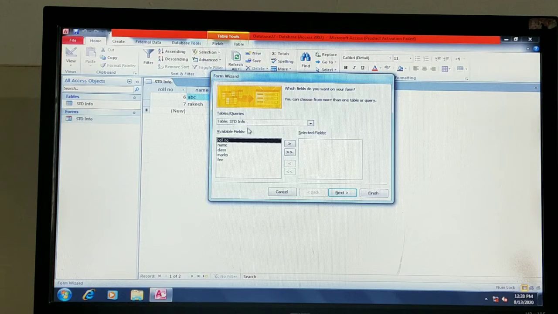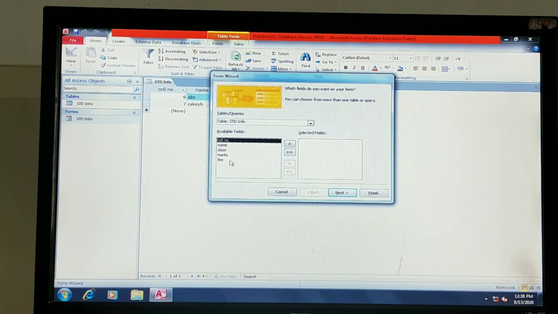Student info table. Now you have to select the fields which you want to display on your form. Out of these available fields, those you need to display in your form, you have to select.